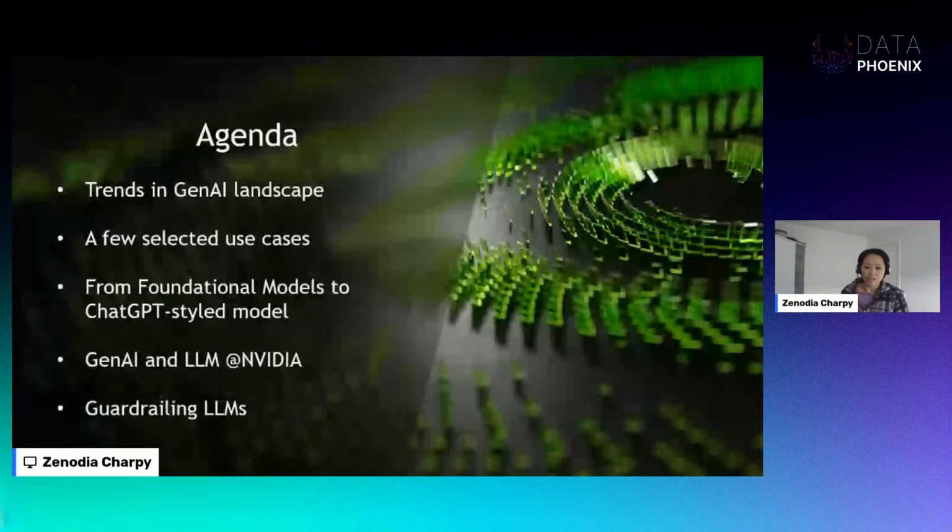You have probably already been exposed to ChatGPT and probably used it quite a few times. These types of models can sometimes hallucinate or give you factually incorrect answers. So we're going to look at how to mitigate this, so that we can control the conversational flow and set guardrails in real use case scenarios. Okay, we are a little bit late, so without further ado, let's dive into it.